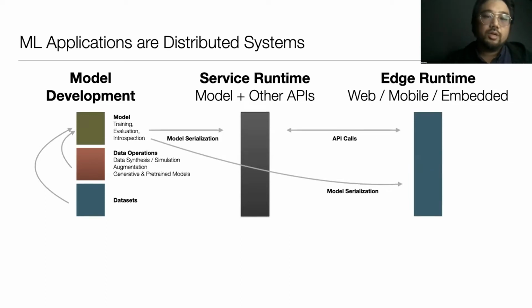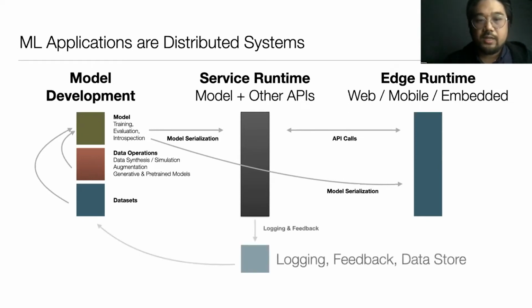And often you may have some edge consumers of that. Maybe your API service is serving a mobile app or a web app that does something with computer vision, or you have some embedded system. The model can also be deployed all the way to the edge sometimes to do the model computation, say in the browser or on some embedded device. And finally, you have feedback data coming back from these services to update your model.